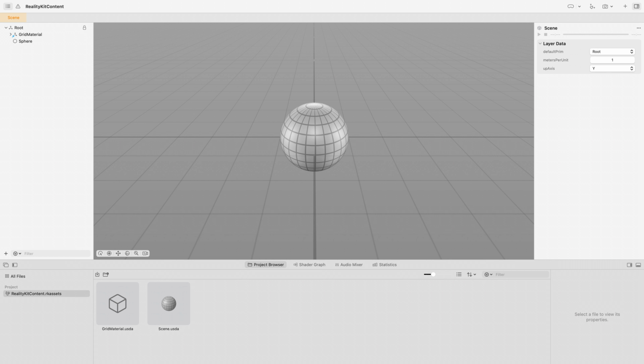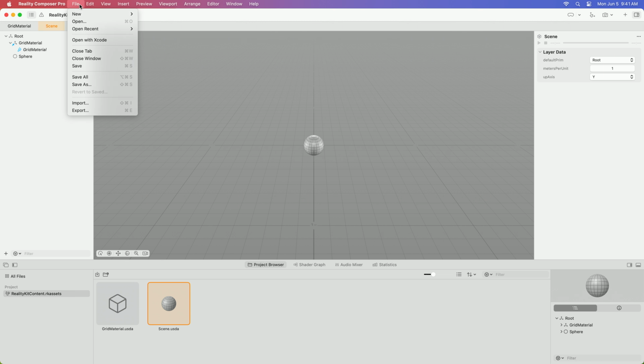While Xcode's main focus is on editing source files and app resources, Reality Composer Pro puts 3D content front and center. Its primary view is the 3D viewport, which can be navigated using controls similar to those in the simulator. Reality Composer Pro organizes its contents into scenes. The content package that was included in the project template starts with a single scene.